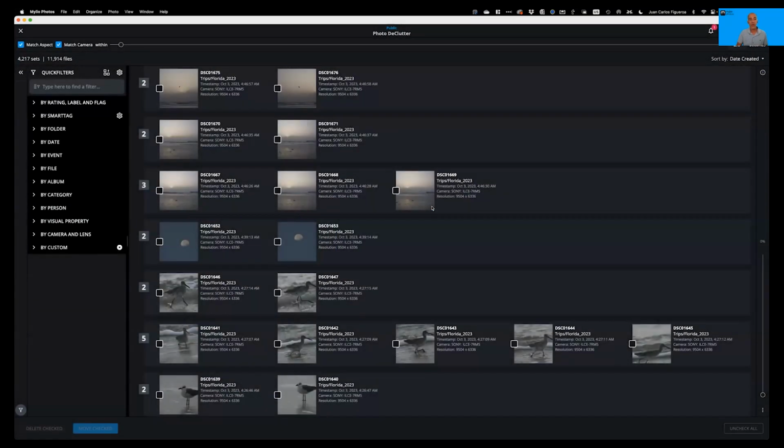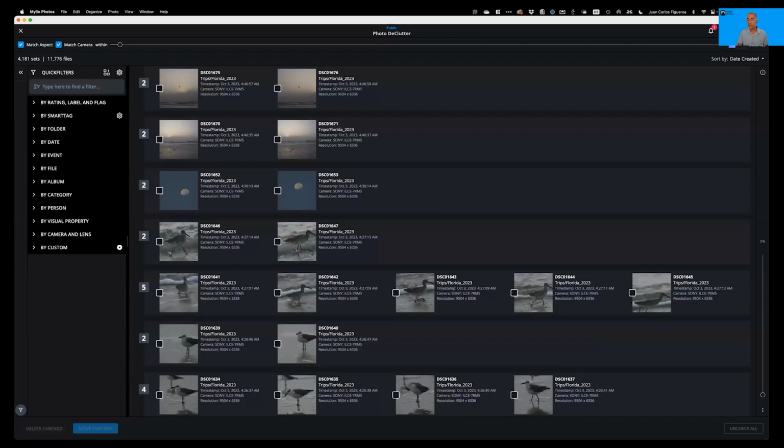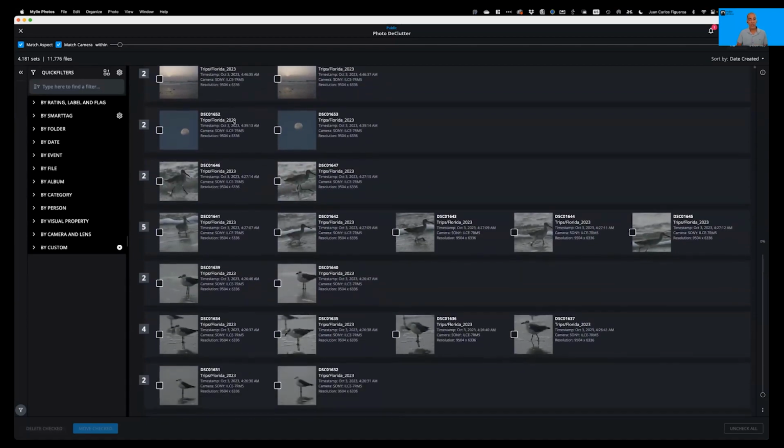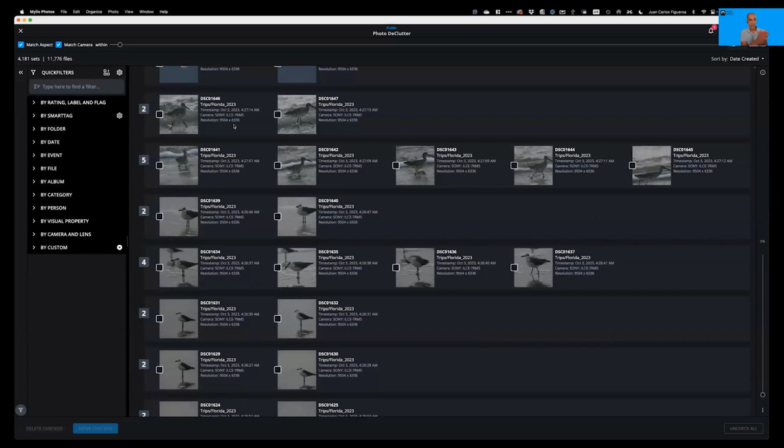And now Mylio is going to show me photos that match the aspect ratio and match the camera. And when we say match the camera, we don't just match the camera model, we match the camera serial number, because that information is contained in every photo. And they were taken within a specific amount of time. Right now, it defaulted to 2 seconds. I can change that to whatever I want. I can even type a specific duration. But what Mylio is doing is showing me photos that were taken, in this case with a particular camera, very